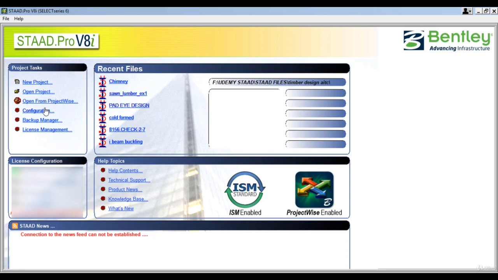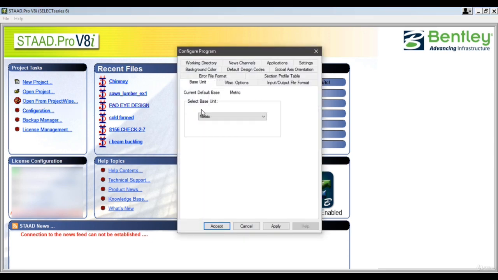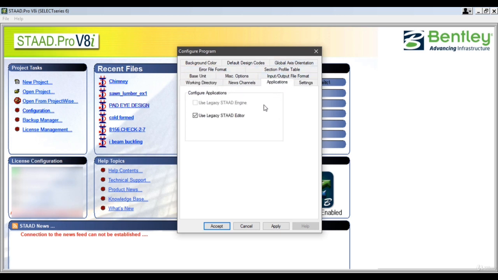So this forms the basis of working in the software. One more thing that I would like to point out here is that there is this option, legacy STAAD editor. See, after STAAD Pro SS4 version, or I think SS3 version, they have introduced a new version of STAAD editor,